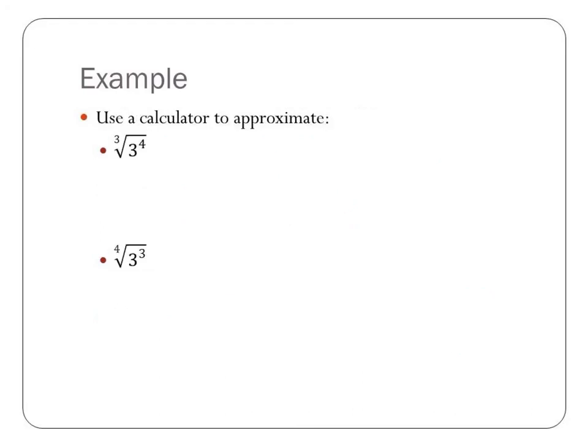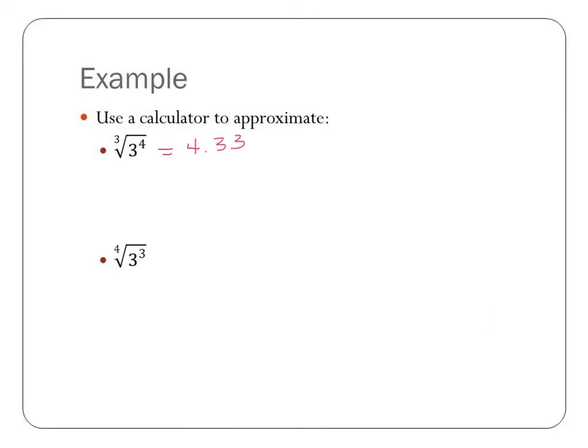Okay, so these are ones that are not going to have an exact answer, and so you're just going to use your calculator. Someplace on it, if you have a graphing calculator, it's under math, you can find cube root or x root. For your other calculators, you probably have a y to the x button. And so I'm going to go in and find the cube root, and then I'm just going to type in 3 to the fourth. And we're going to go to 2 decimals, and so we're looking at